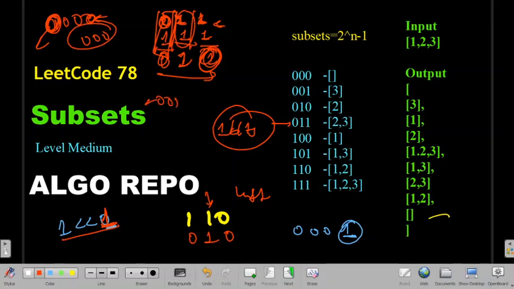Again we do the AND operation, 0 1 0 and 1 1 0, so we'll get 1 0 0, that is not equal to 0, right? So I can say that this is also 1.